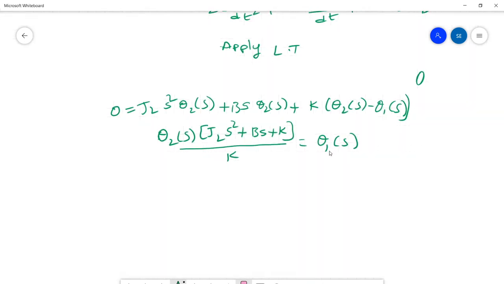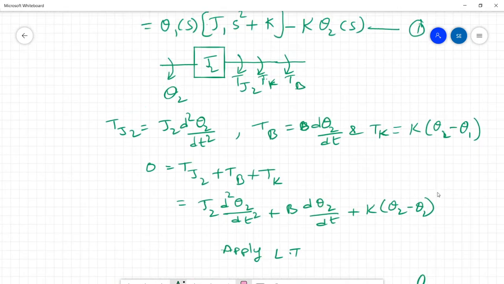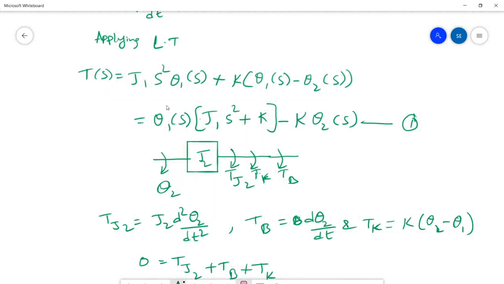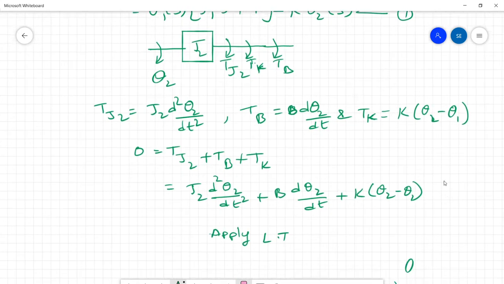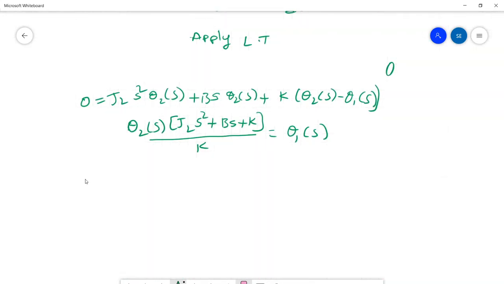Right, so what we have to do is substitute theta 1 in equation 1. In equation 1 we have theta 1, right? That theta 1 we have to substitute here and get the whole equation in terms of theta 2. Okay, so by substituting theta 1 in equation 1, what we get is